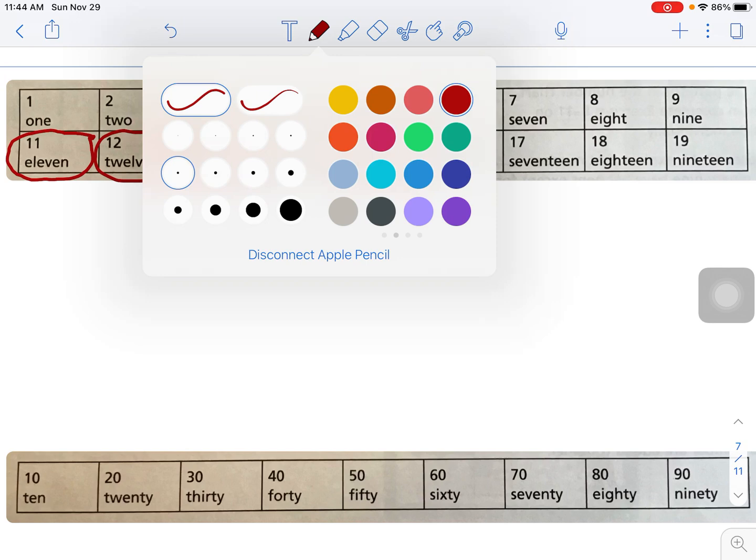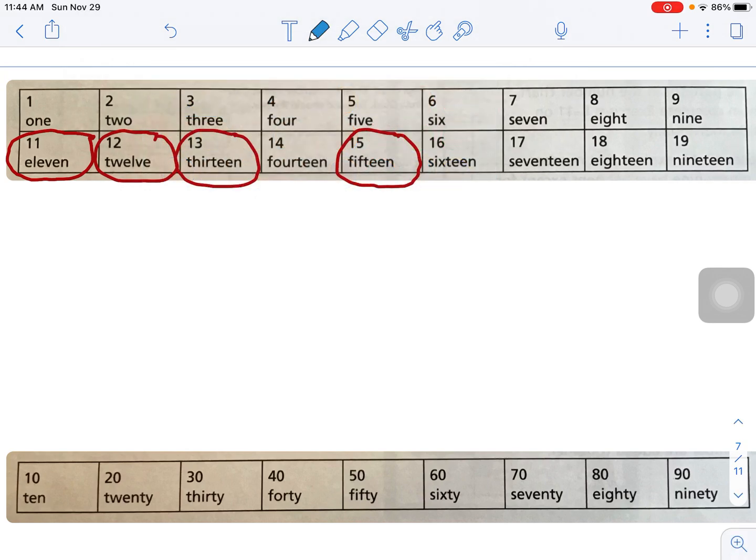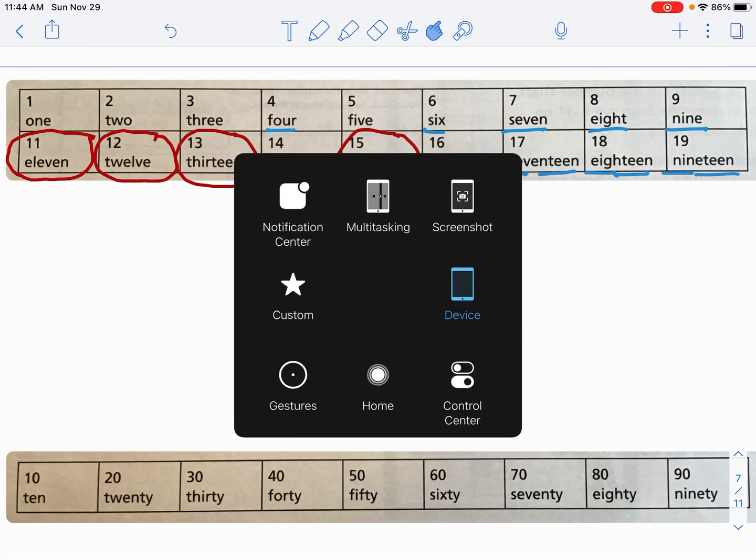Plus, even more different is just like we said before, where we have the 4 and the 14. 6, 16. 7, 17. 8, 18. 9, 19. That's different. Now, if we look down below and we look at our decade numbers or our tens numbers,